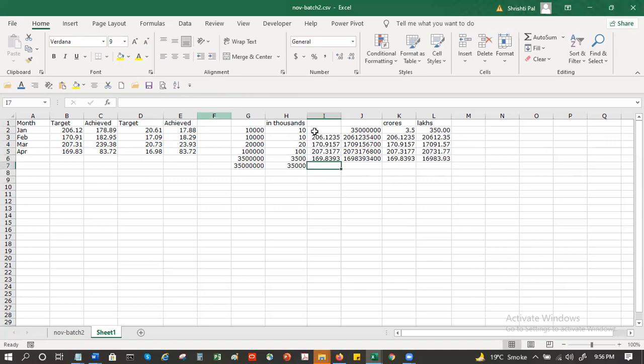Does it come in crores with 4 decimal places, or with 2 decimal places? Like this B column. But in that case, if this is in crores, then in lakhs it would be like this. So you're fine with this? Yeah. Now you were saying you do auto sum, right? Yes.